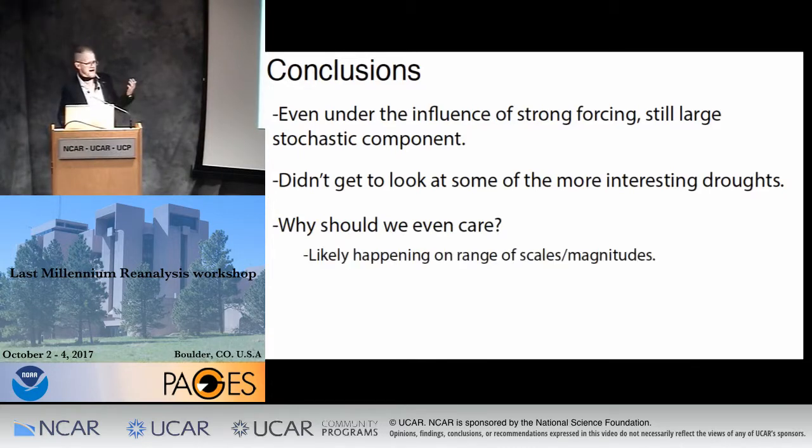Okay, so I looked at 21 droughts out of 600, or probably more than that, right? This is 30,000 years of simulations. If this happens that infrequently, why does it matter? I think it matters because this is likely happening on a range of scales and magnitudes. Despite the fact that in order to tease it out, I had to look at the most severe of these features, it's likely that these types of mechanisms, these dynamics, are happening on all scales and all magnitudes,